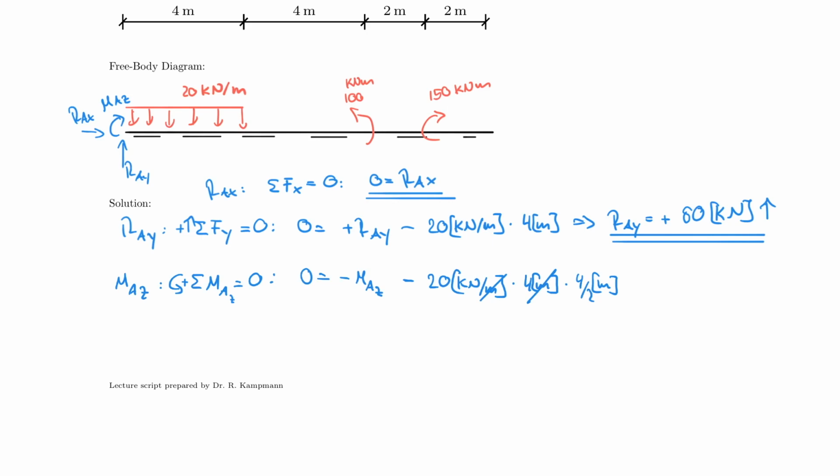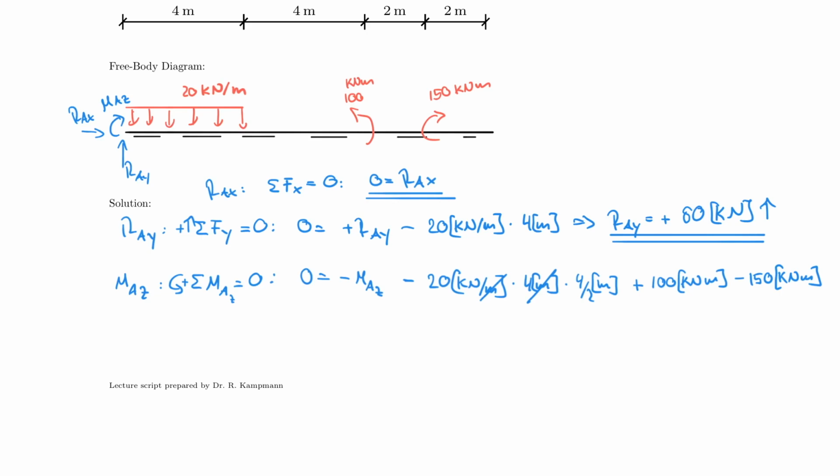And now I have to add my two moments. So I have the 100 kilonewton meter, and that one rotates counterclockwise, therefore it's positive, and the other one rotates clockwise, so therefore it's negative, so minus 150 kilonewton meter. And yes, it is that simple. But don't worry if you get confused why we're even learning this if it's so simple. You will see later on when we deal with internal forces that they will have to be dealt with in a very special way. This is just to get you used to these concentrated moments and what effect they have